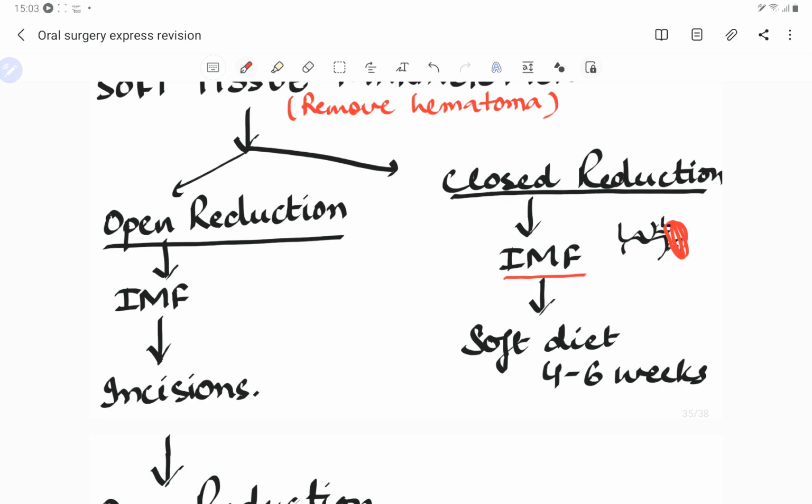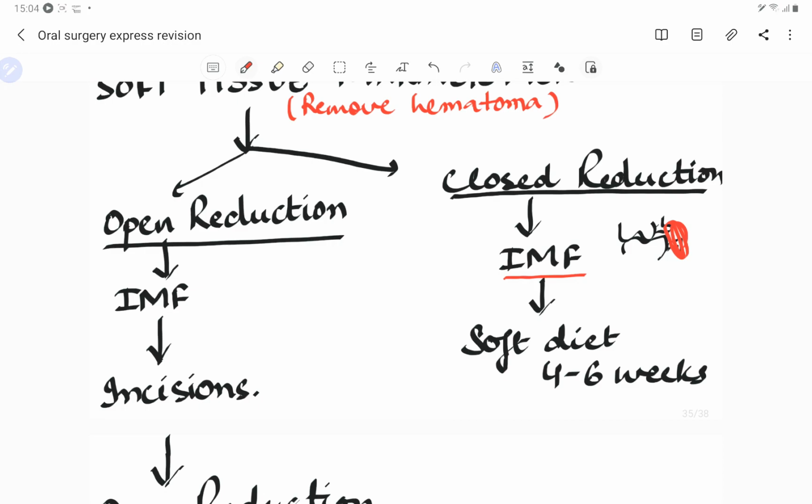If the patient is a young patient, we do it for up to 3 weeks of time. If the patient is an adult, 4 to 6 weeks. If the patient is of older age, then we can go for up to 6 to 8 weeks, a longer period of time. Now there is one more thing here: if the patient is edentulous, if the patient has a previous denture, then we have got a good thing here. Then we just fix the maxillary denture to the mandibular denture, both the dentures together. If there is no denture, then we have to make a splint.